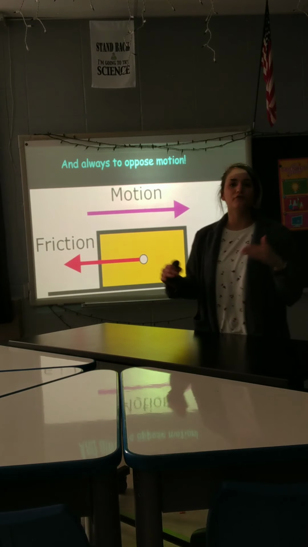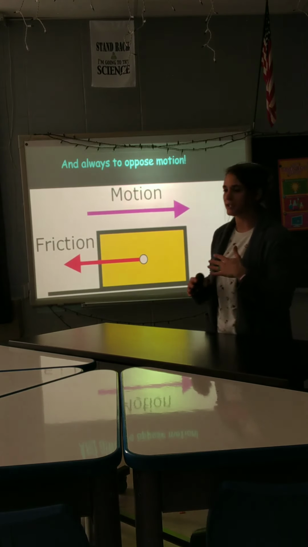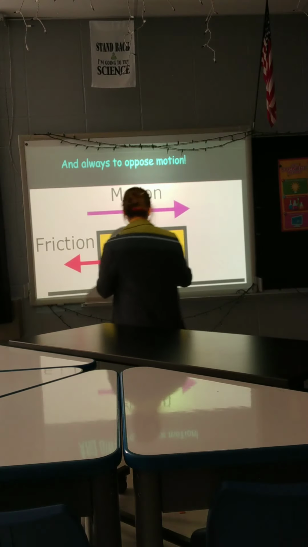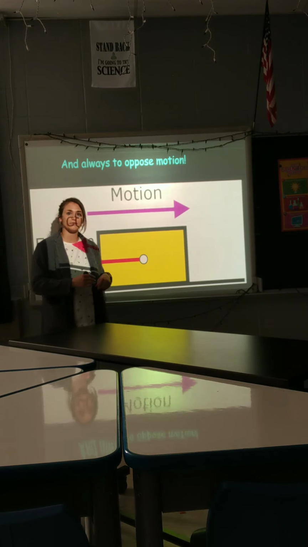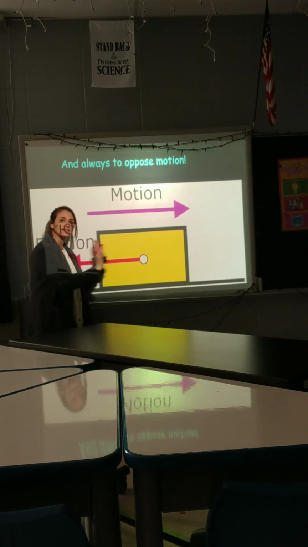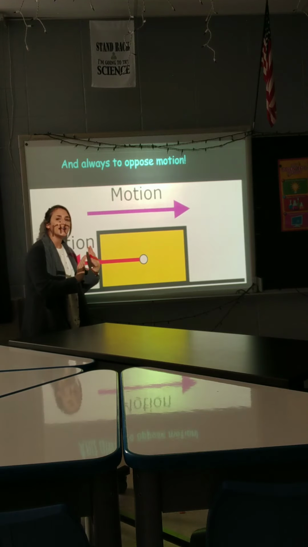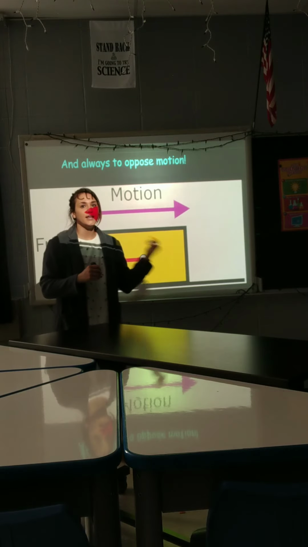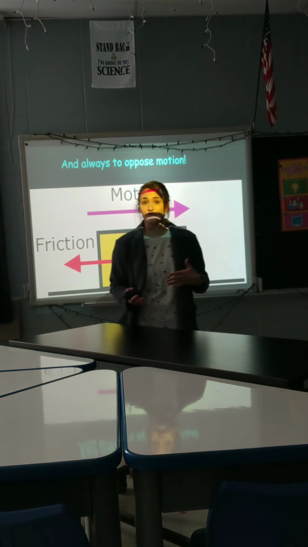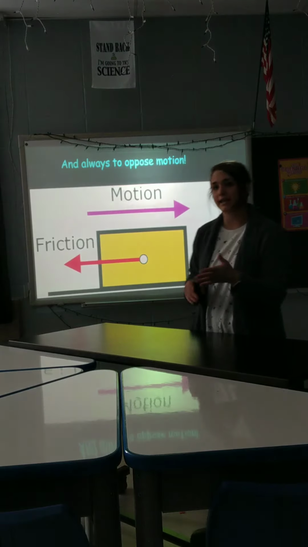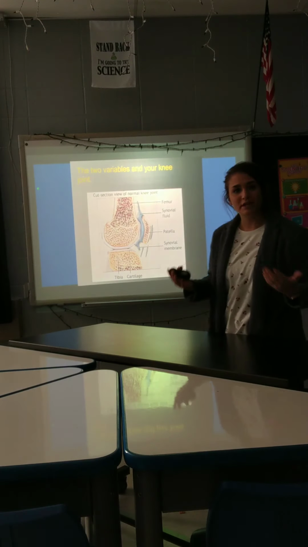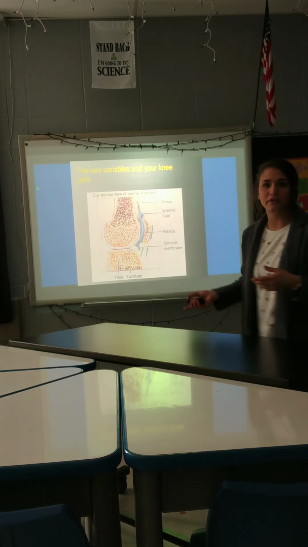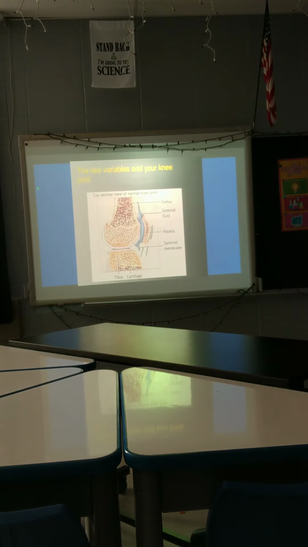And so remember that friction always opposes motion. So let's say this is my couch in my living room, and I'm trying to move it, so I'm trying to push this couch, this big yellow block here. If I try and push it, there's going to be a lot of friction moving in the opposite direction. And that would be a type of sliding friction, which has the greatest wear and heat. Speaking of sliding friction, did you know that your knee joints are also an example of this?